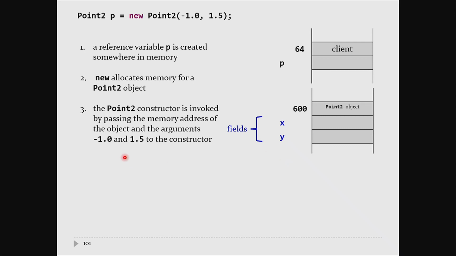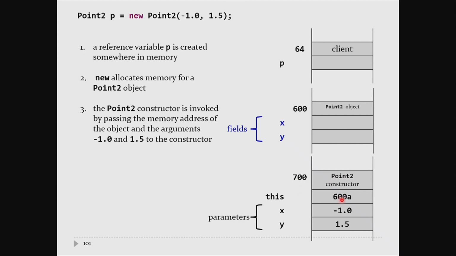The point2 constructor is called, and it passes in the address of the point that's being created, and it also gets the arguments -1 and 1.5. So when you call the constructor, you get the arguments -1 and 1.5 plus the address of the object that was created. So this is set to 600A. The parameters x and y of the constructor are set to -1 and 1.5,